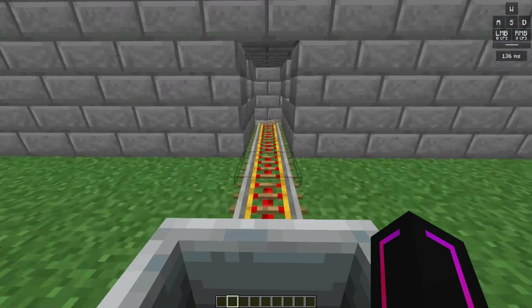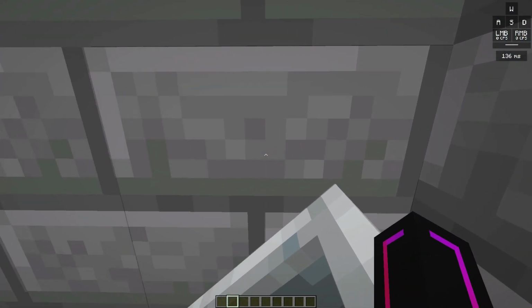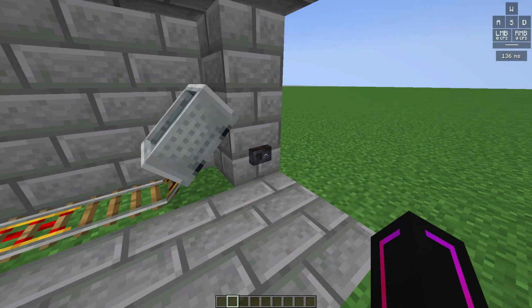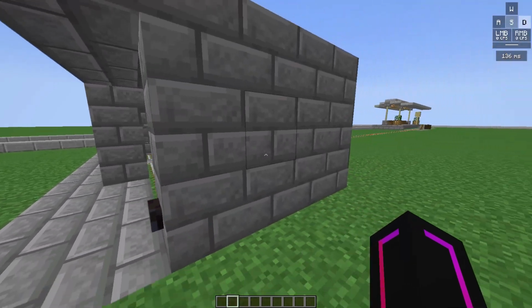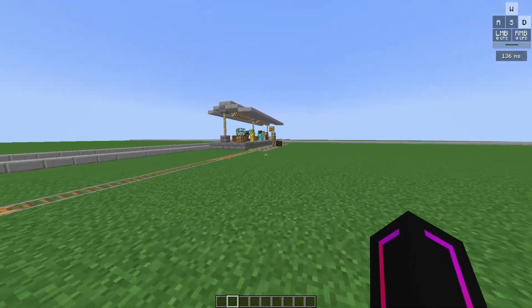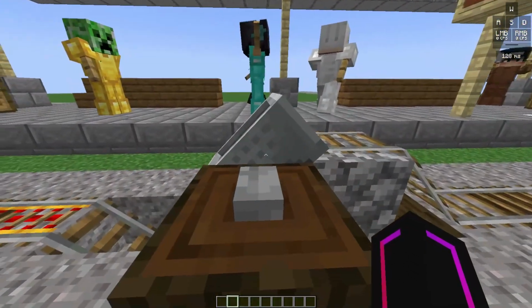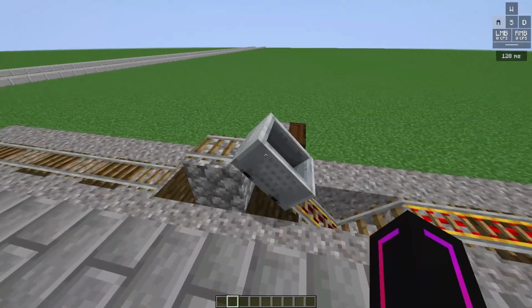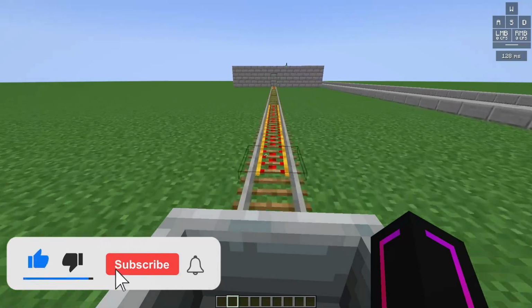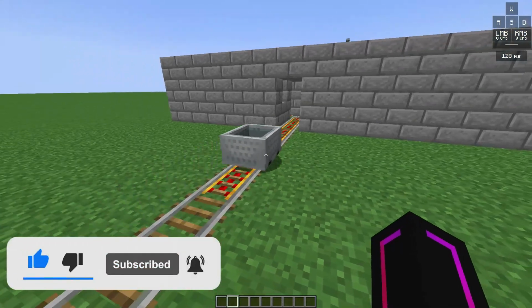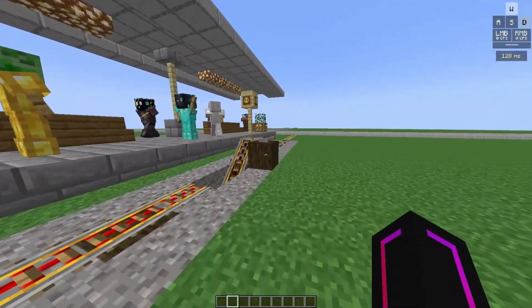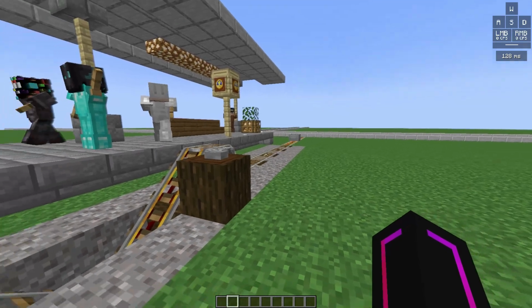Now once we reach our destination, the train parks over here. We can get off and we can press the button to send it back off towards the platform. And it will go through an underground train system to go back to the platform. Now if we go over here, and here it is, so we can use it again. And now we can keep on using it. If there's nobody in the train, you get off, it will automatically go through the underground system back to the platform. Let's wait for it, and here it comes.